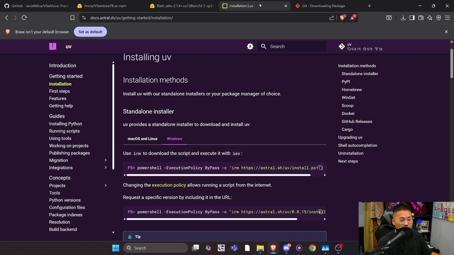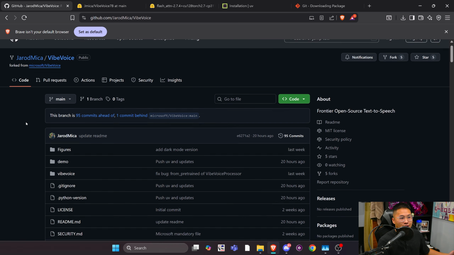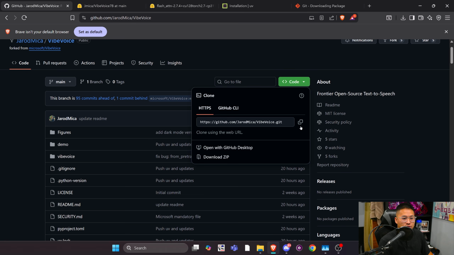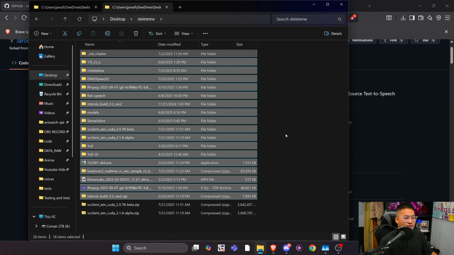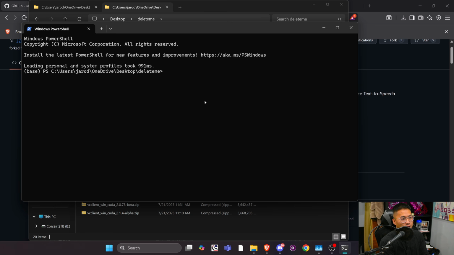Git and UV. And then you're going to need an NVIDIA graphics card for this to work best on your PC. So once you have all of that, we just need to go to the green code button, copy to clipboard, and then navigate into any folder where you can get this up and going. So I'm going to right click open in terminal. It's going to open up somewhere where we can type git clone, and then we're just going to click the